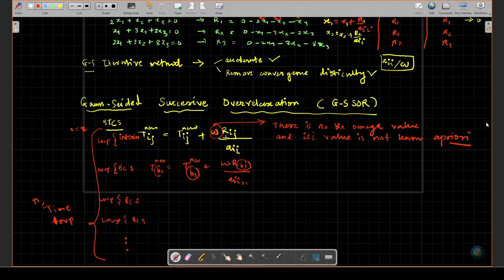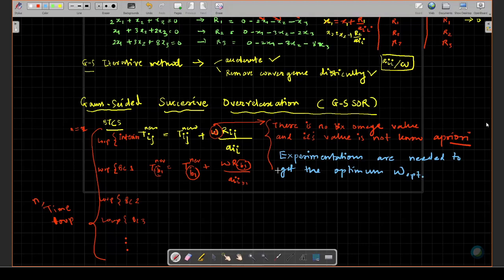So you have to just do some testing. You have to see whether you are getting acceleration or not with some values, and you have to keep playing with them. So here there is experimentation. Some experimentation you will have to do. Okay, so experimentations are needed to get the optimum omega.